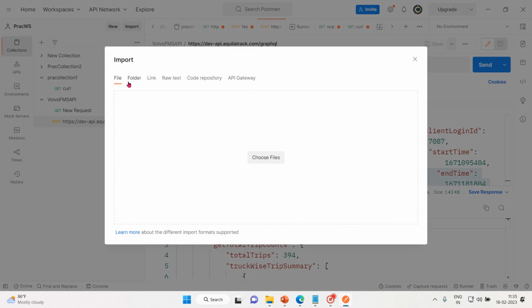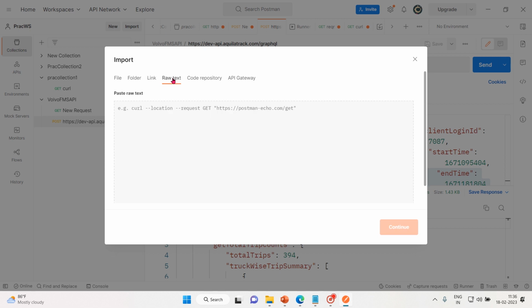Once you click on Import, you'll find folder, link, raw text, code repository, and API gateway. Let me select raw text, and in this raw text you add the thing that you want to copy. So here I'll say